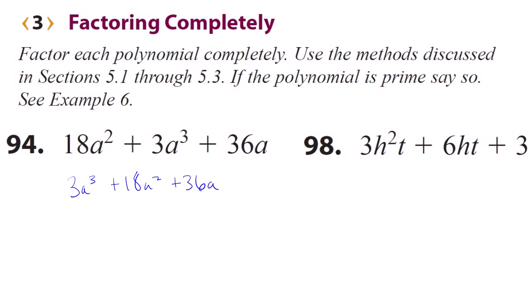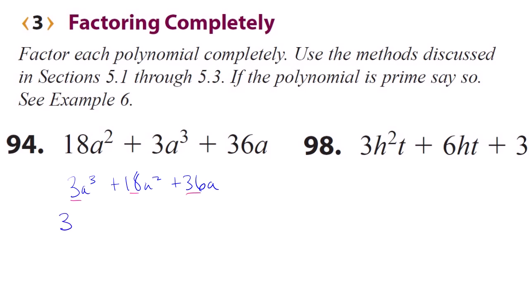Okay. Now next I'm going to check for a common factor. And you can see, since there's not a 1 as a coefficient, or the leading coefficient, or a 1 at the end, we could probably factor something out, right? Because we don't know how to factor this otherwise, unless we're a perfect square. And 36 is a perfect square, but a is not, and 3 is not, and so we can't use that type of factoring either. So we can see that 3, 18, 36 have a greatest common factor of 3, and